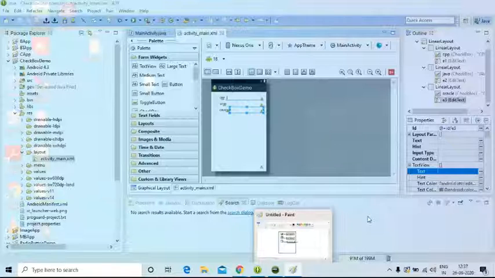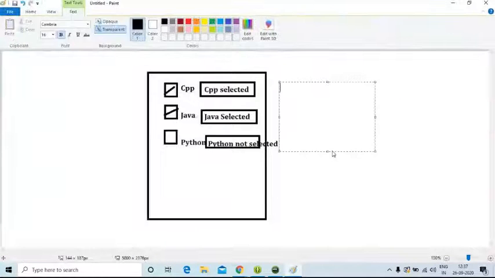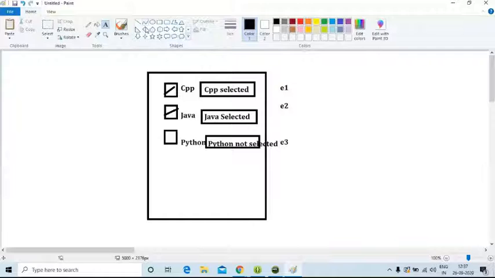This is Java components E1, E2, E3. Now, the E1 Java reference variable is referring to the first text box. E2, the second Java variable, is referring to the second text box of the GUI.